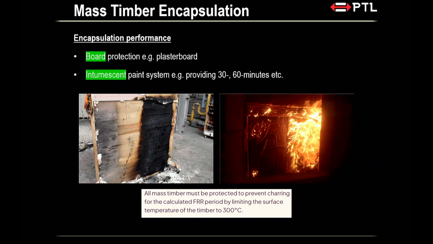There's also another, more innovative kind of approach, intumescent paint, right? In these two pictures, all the way on the right-hand side, what you're seeing is that this part of the wall is exposed timber and this part is painted with intumescent paint. Intumescent paint activates at 200, 300 degrees Celsius. It basically grows another char layer on top of the timber, right? So when we talk about encapsulation, we actually have a performance that we're striving for.